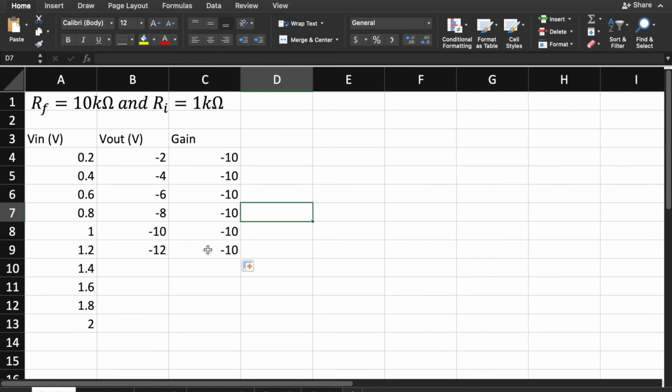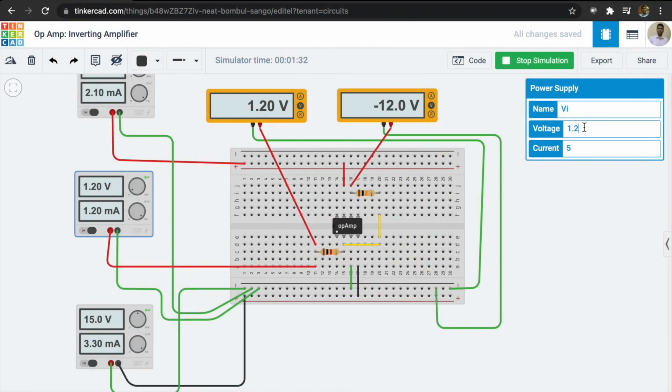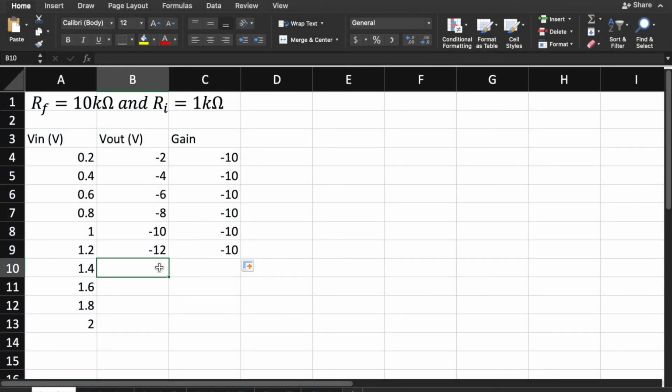Same gain we will get. Okay, so up to this there is no problem. We will get minus 14 as per our formula. It will go,